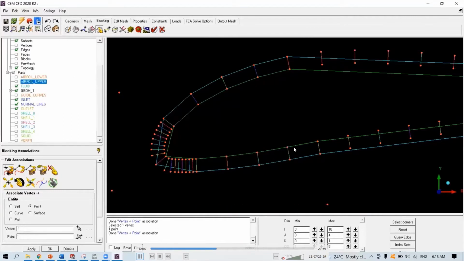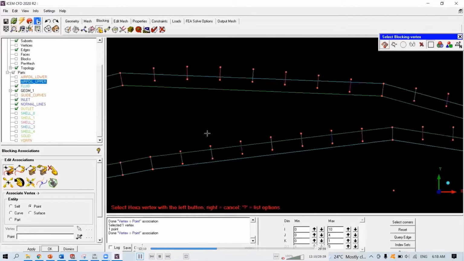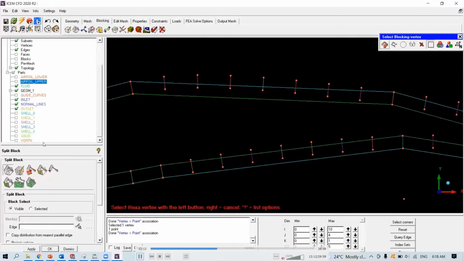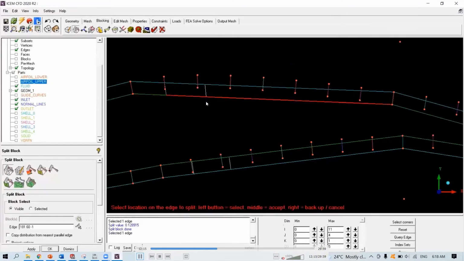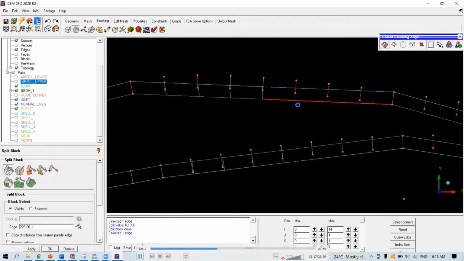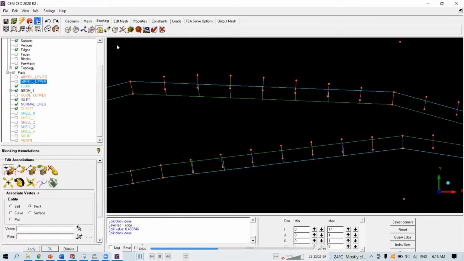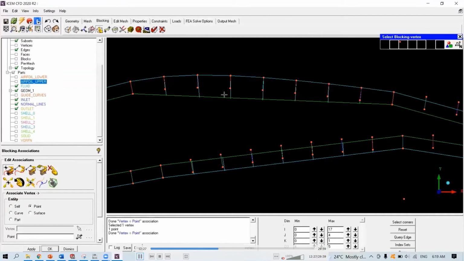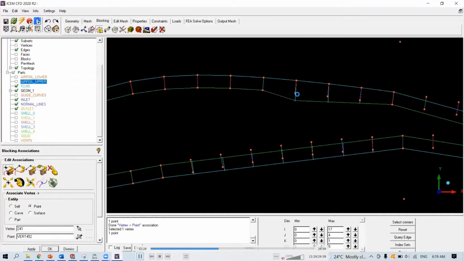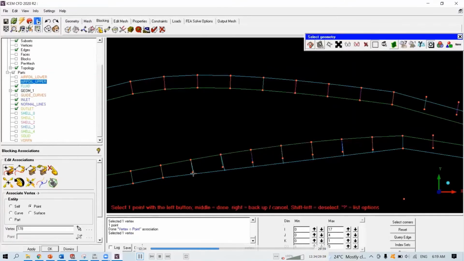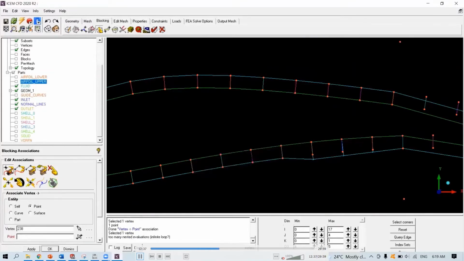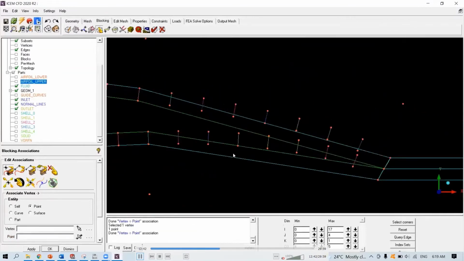Okay, we're just gonna fast forward. Do the same thing throughout the F1. Split and then associate the points. The number of normal lines depends on the F1 curvature. If you think that less is enough, then be my guest. But if you want it to be very well defined, you can add more points. But then again, you need to do more work in splitting and then also designing in SolidWorks.